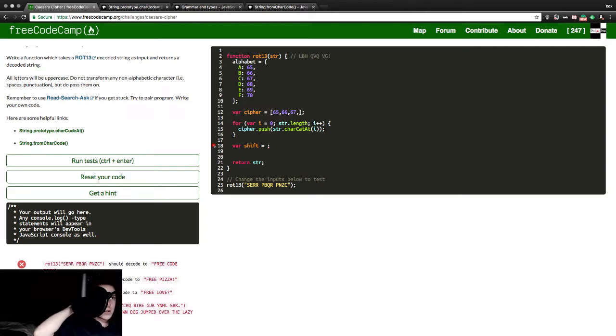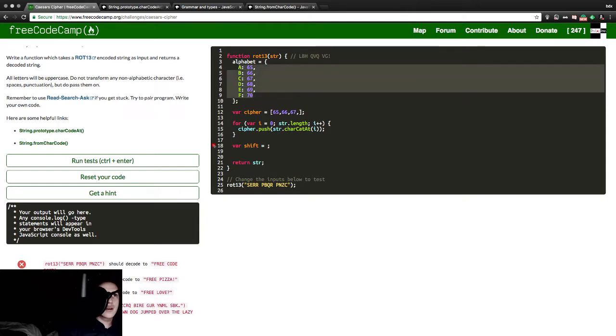We need to compare it to an array. Maybe that's what should happen. Instead of having A equals blankety blank, maybe what we actually need is